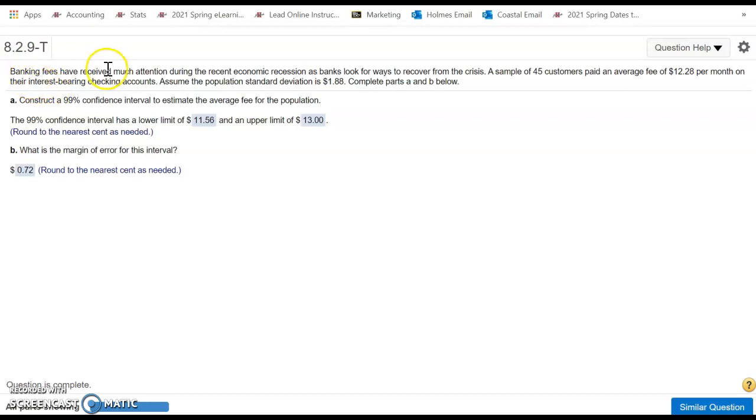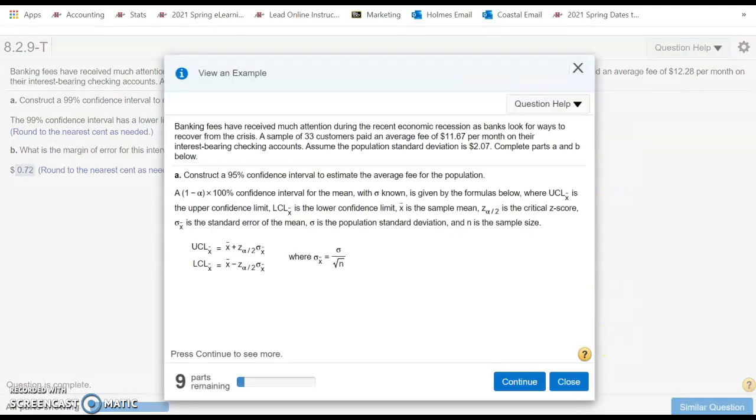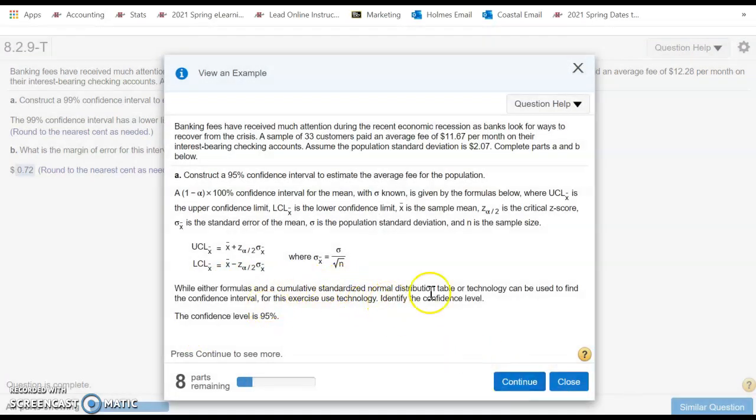Okay, for this problem, they're talking about banking fees, and there's a sample of 45 customers, and they pay an average of $12.28 per month on their interest-bearing checking accounts, and the population standard deviation is 188. So we want to find a 99% confidence interval. So if you click on question help, it gives you the formula, but it says that for this exercise, use